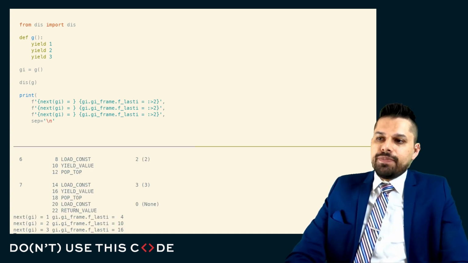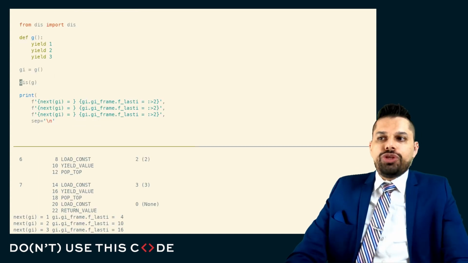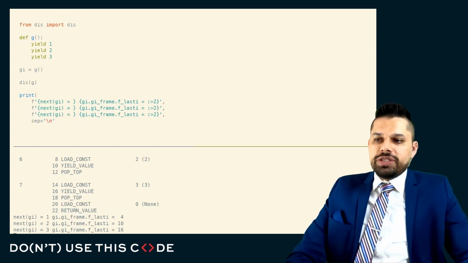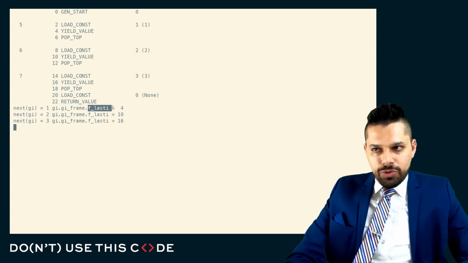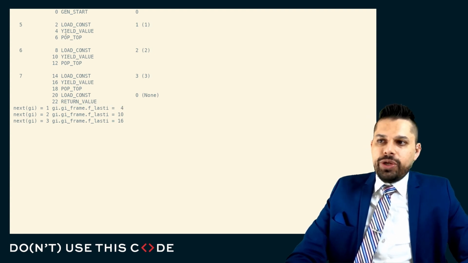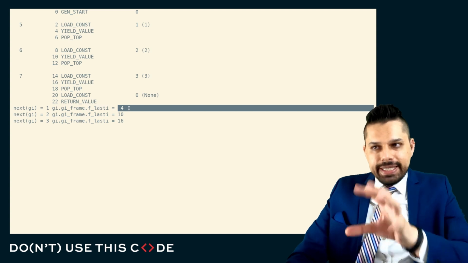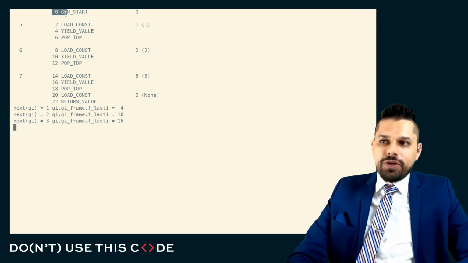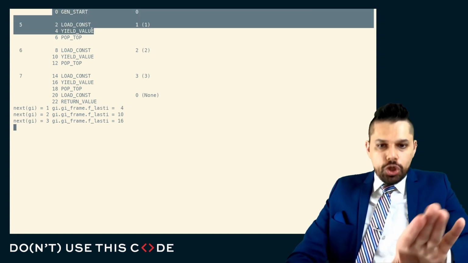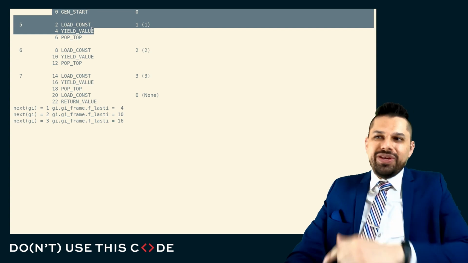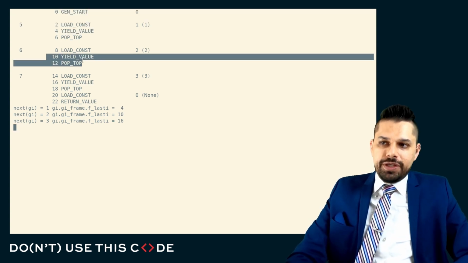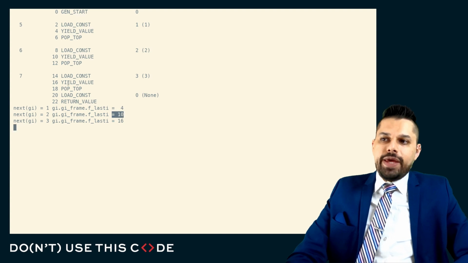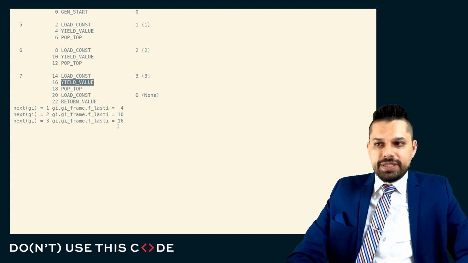So what will happen is, if we were to do 3 nexts through this generator, we'll see that in that special bookkeeping, we keep track of the last instruction that was run. And you can see that every time we hit this yield value, the generator is in its bookkeeping just saying, you know what, I've run this function up to this bytecode. I returned out of the evaluation of this function. But when you come back into me, I'm going to resume from this bytecode. Then I'm going to run up to this bytecode. You can see that's what this 10 is. Then I'm going to run up to this bytecode, up to the 16.